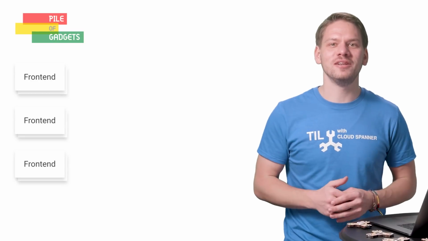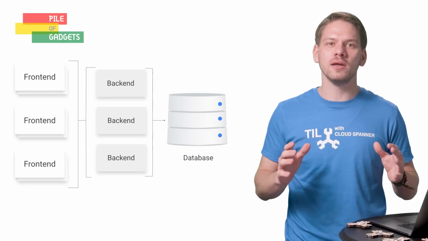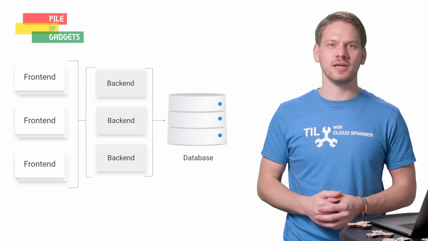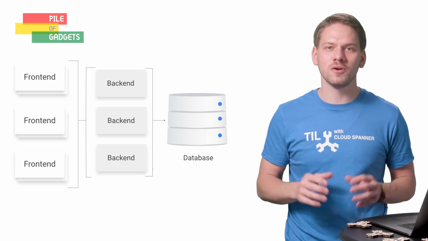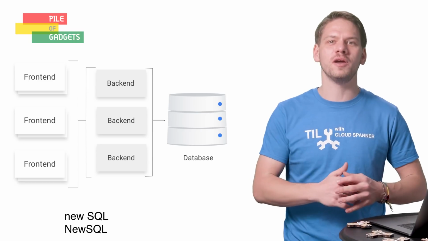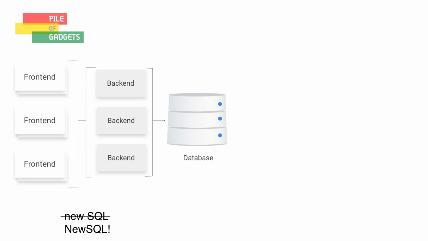So a while ago, my friend Anna approached me asking if I could give her advice on a database migration. Her online shop, Pile of Gadgets, selling toys like the Cloud Spanner fidget spinner, has grown tremendously, and she was worried to have the business running on the back of a traditional relational database. After watching the first episode of Things I Learned About Cloud Spanner, her team decided to explore and evaluate this new SQL database. They started from a recent backup of their database where all the data was exported to CSV files and uploaded to Google Cloud Storage.